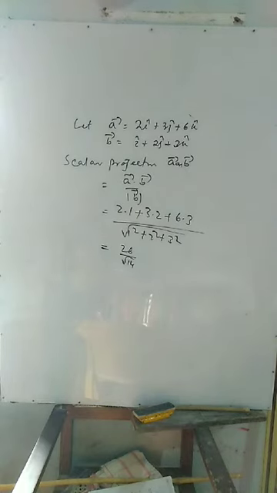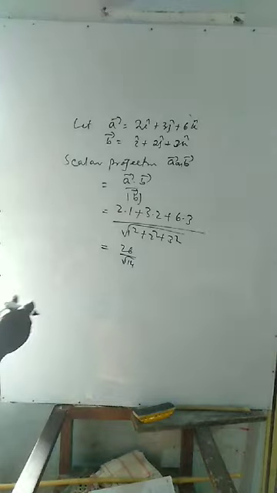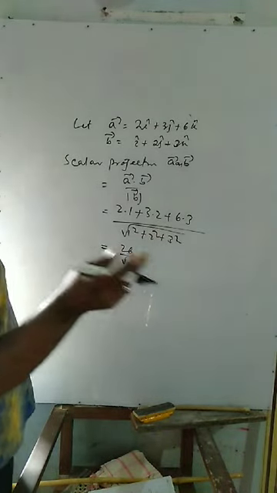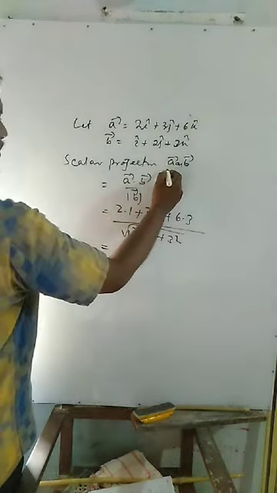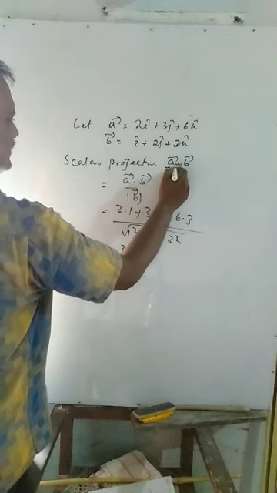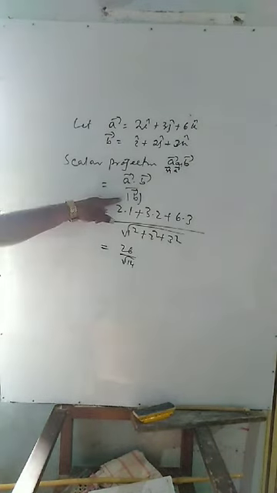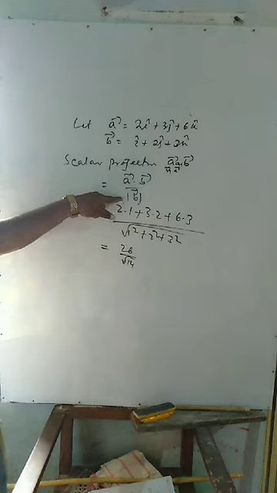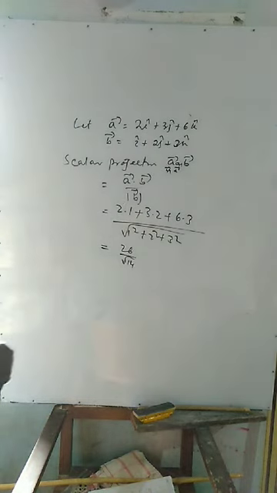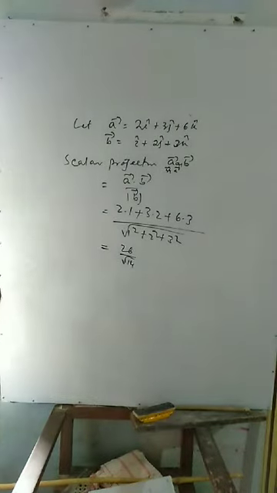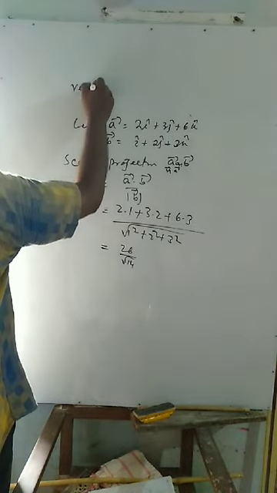What is a scalar quantity? It is a numerical value. That is said to be scalar projection. So now, what is the vector projection of A on B? Just suppose it is B on A, then you put the A vector magnitude. That is the difference, nothing else. Now we will discuss vector projection.